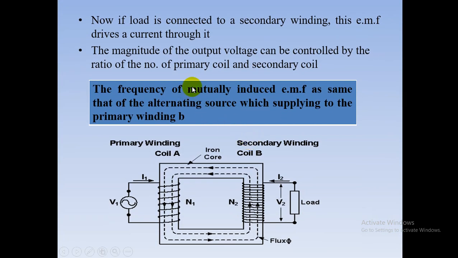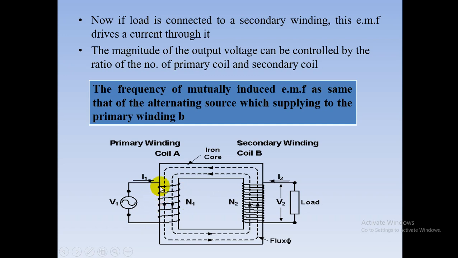So when we see the working principle, look at this. When we see the diagram, this is the primary winding of the transformer. This is the secondary winding of the transformer. This primary winding is connected to the supply, a single phase supply, 220 volt, 50 Hz or 60 Hz. Hence, this drives the I1 current to the transformer and this winding carries the I1 current.